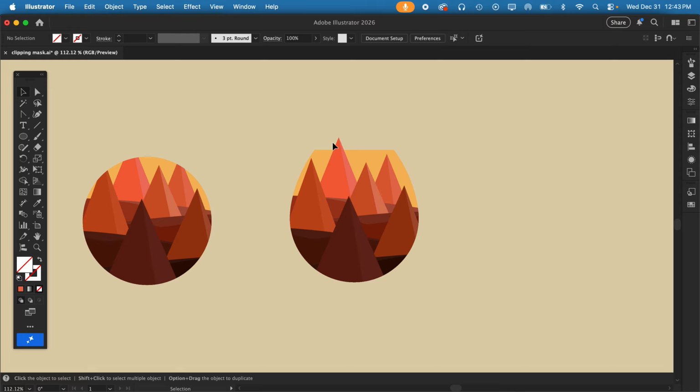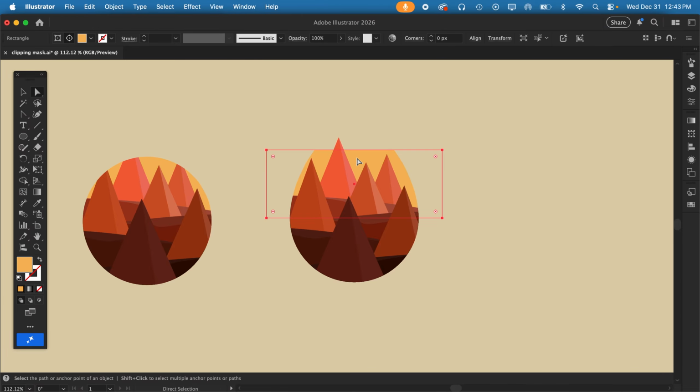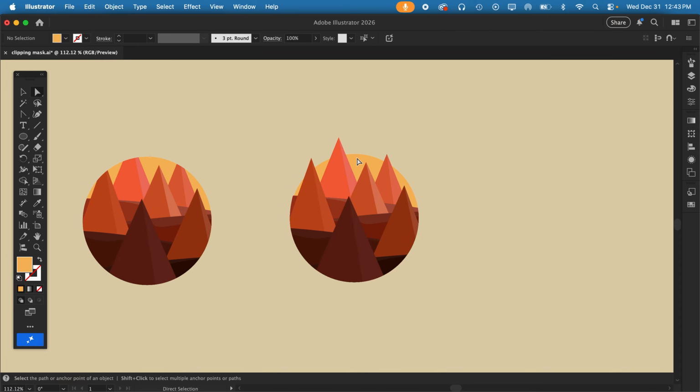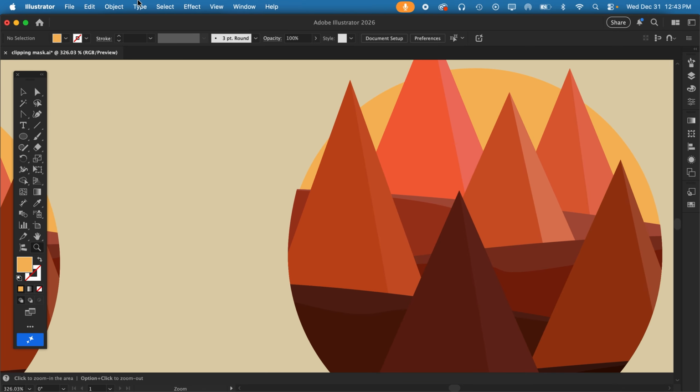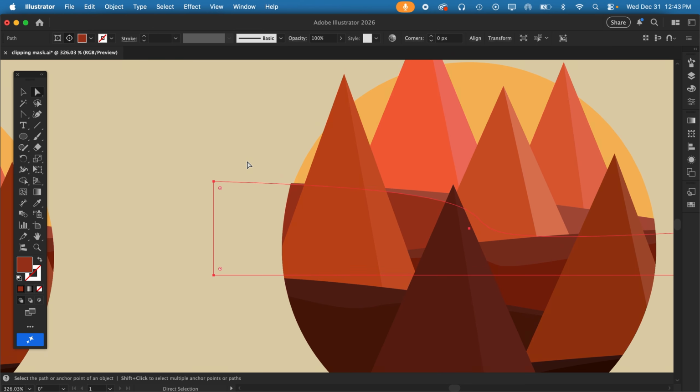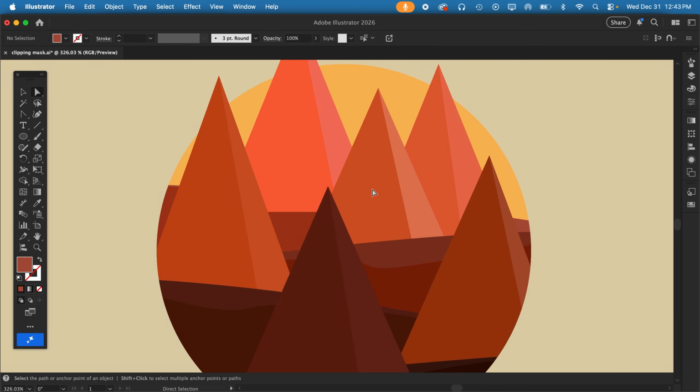So since this is a copy, I'm gonna get rid of the yellow background, and if you notice, this part is not round, so I'm gonna get rid of that part too. I'm only getting rid of parts that I already have as a copy in the background.